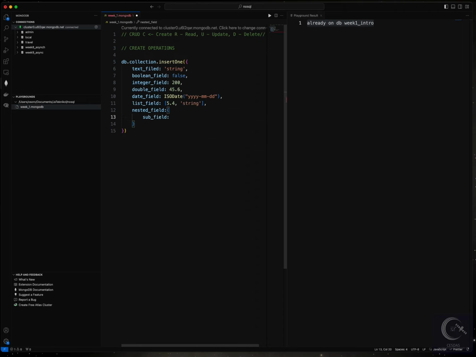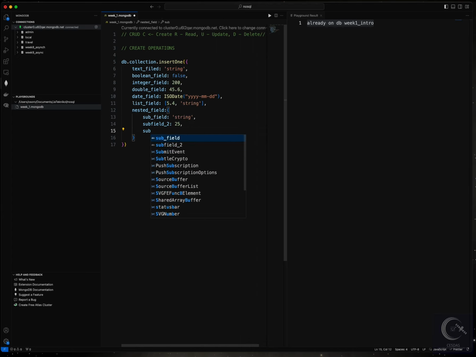Maybe this person's favorite city, so that will be a string. And another subfield, subfield 2, maybe how many times this person has visited that city. And maybe, and the last, so you can go on and on. So I'm gonna stop at subfield 3,